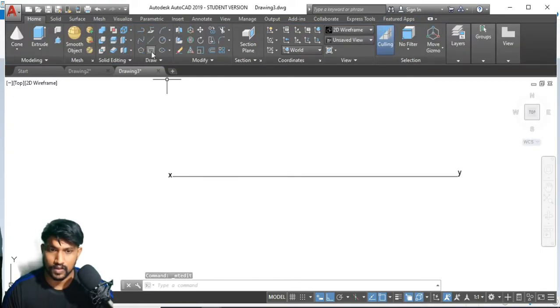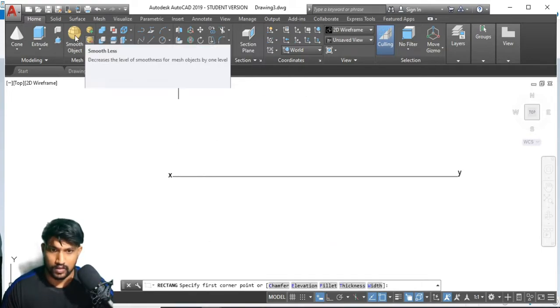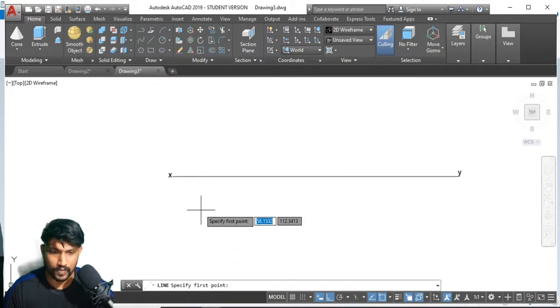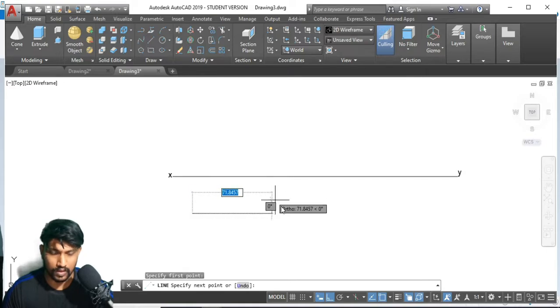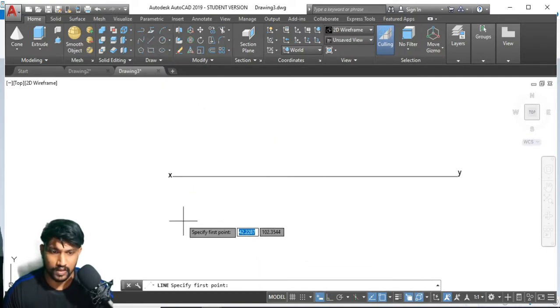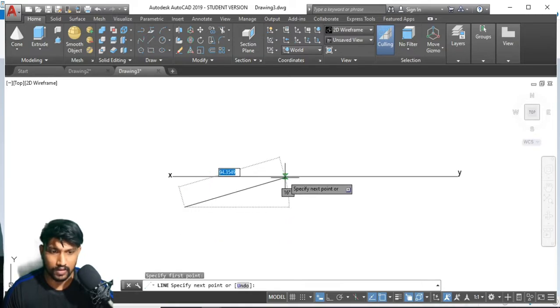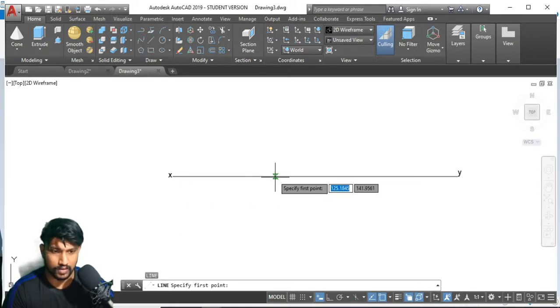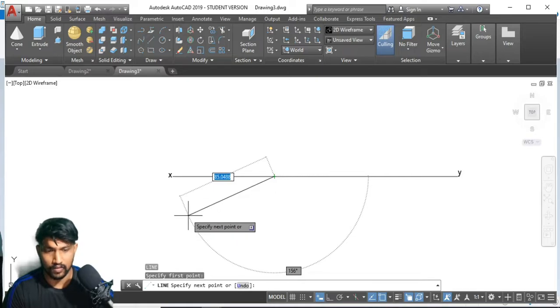Now I have to draw a rectangle. No, not a rectangle. First let me take a line at an angle of 27, 180 minus 30, which means 150, 153.